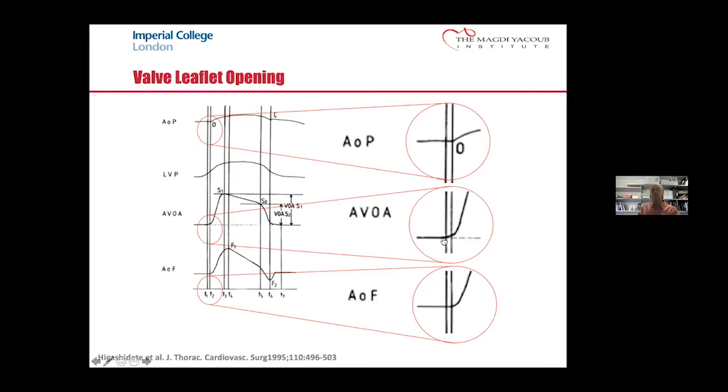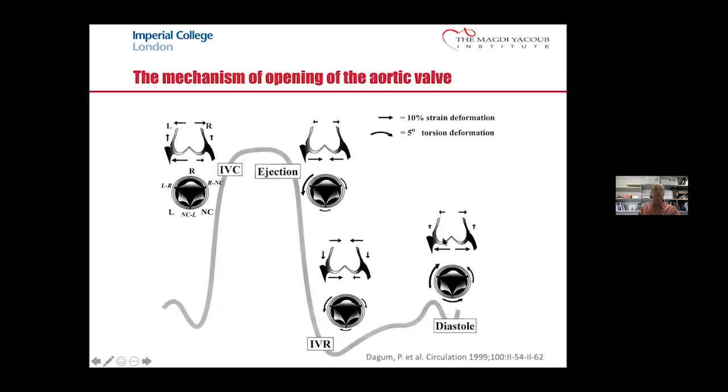So in reality, the valve is anticipating ejection of the left ventricle and beginning to open, ready for the forward flow of blood. So it is not just a passive conduit that responds entirely to the motion of the blood from the ventricle. And it achieves some of these effects by the fact that it's a highly dynamic structure,